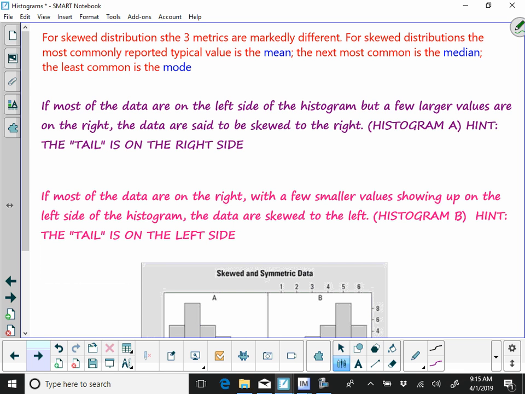Okay, again, we're just going to talk real quick about being skewed. Most of the data for a skewed distribution, the 3 metrics are marked differently. The most commonly reported typical value is the mean. Now, here's why I don't like the mean. If you have a kid in your class that just does not do a quiz or a test at all, what are they going to receive on that test? A 0, right? So is that fair for me to count your class